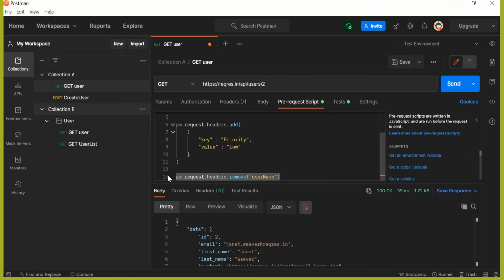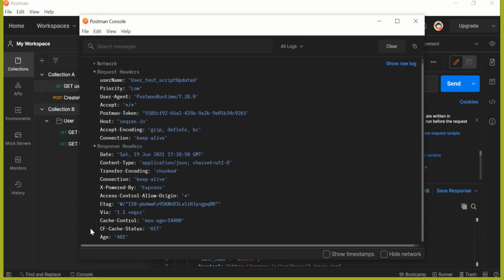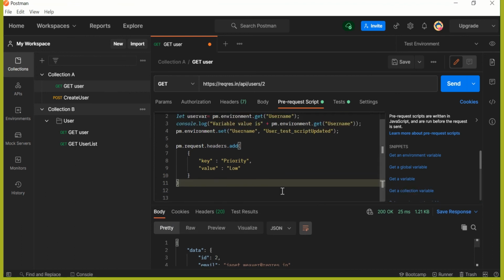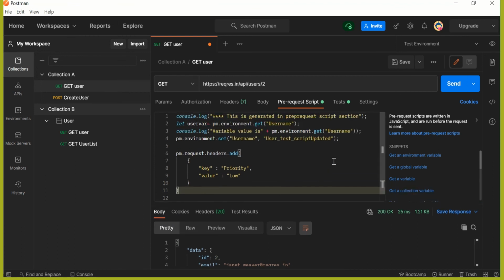If I remove this statement and click send again, now you can see that username header is again available. So this is how you can add these scripts here, you can add the different commands here, and this way you have control over the request that you are sending to endpoint.